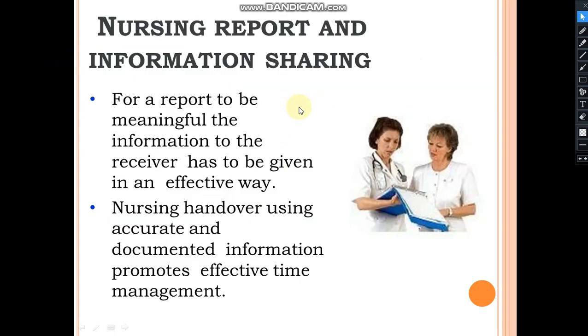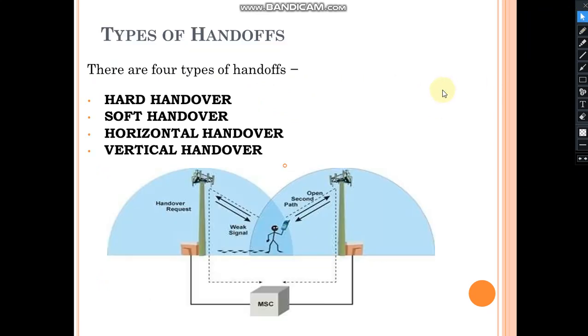There are four kinds of handover process. You can say hard handover, soft handover, horizontal handover, and vertical handover. Here you can get a clear idea by observing this diagram. This is the handover request. This is the one particular user who is moving from